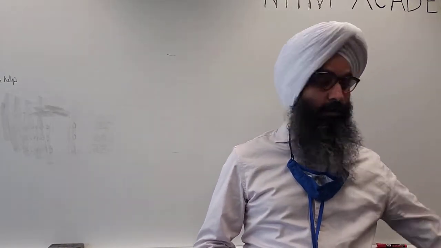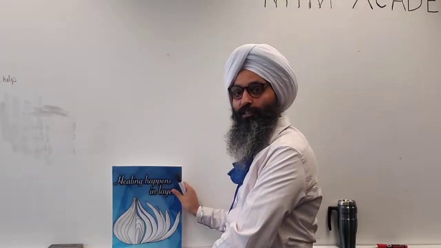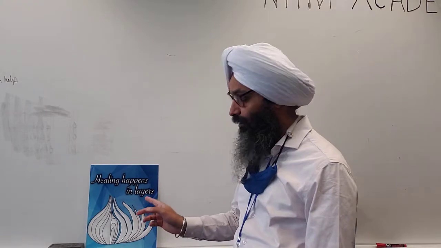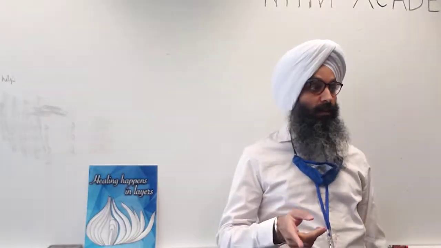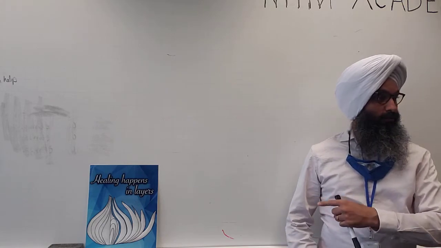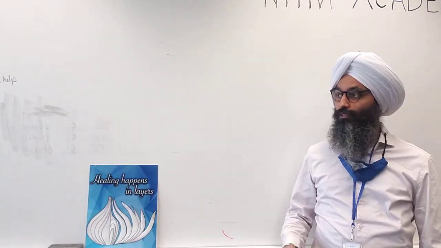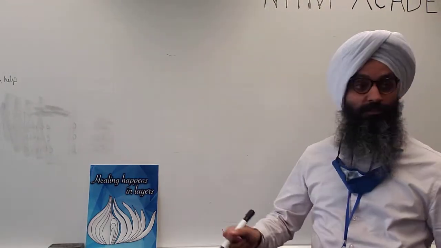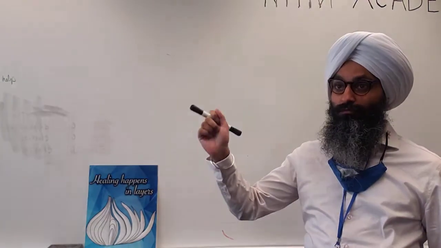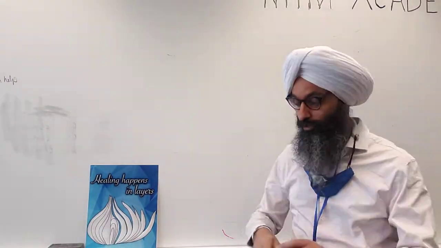While we talk about an onion, I'm just going to put the onion right here. It'll be there for the rest of the week. Healing happens in layers because problems happen in layers. If you look at a tree, did you know you can tell the age of a tree by how many rings it has inside? So you cut open a tree,